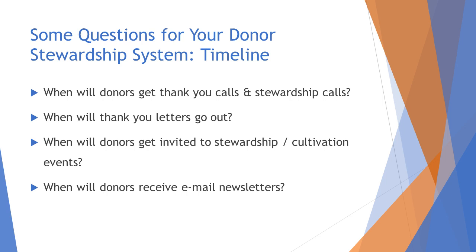You may say that all new donors will be invited to a non-ask or cultivation event at your office, and that the invitation to this non-ask event will be emailed to the donor 4 weeks after they make their first gift. You may say that all donors will receive your email newsletter, and that the newsletter will go out on a monthly basis, and that it will be sent during the 3rd week of each month. Those are examples of firm timelines and deadlines, and they help get everyone on the same page and ensure that you can develop a fundraising strategy that's effective.